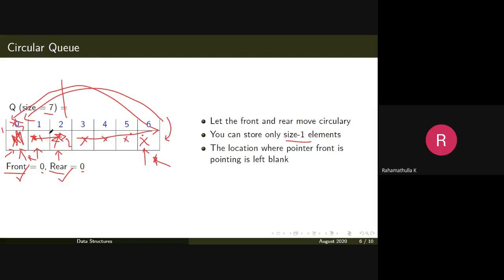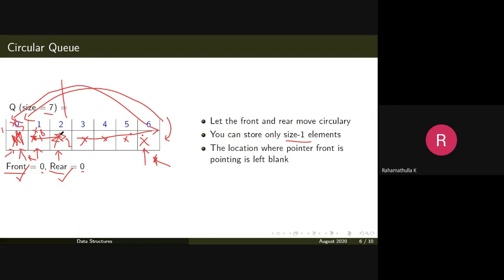You try one more insert operation, rear will be pointing to the next position and x8 will be inserted at this position, and so on. So now your rear is pointing to this position, front is pointing to this position.